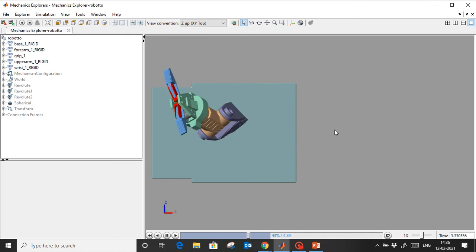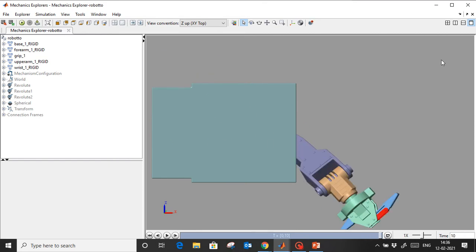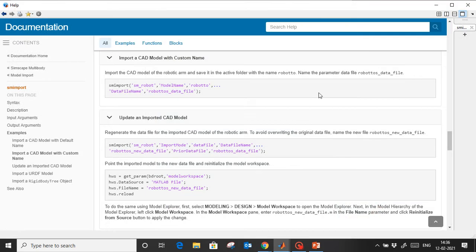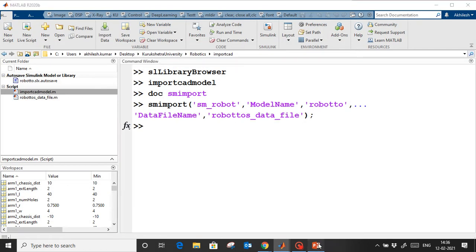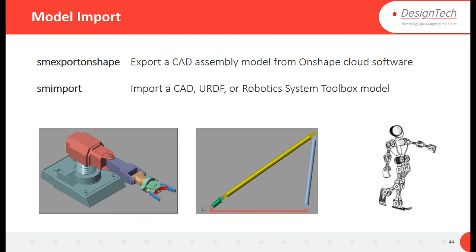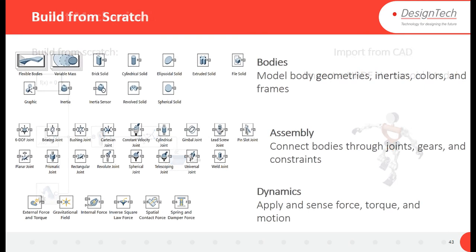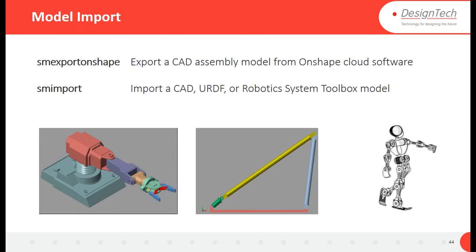Now you see that this robot arm is uncontrolled. So once we import it in Simulink, we can design some kind of controller to control this arm, right? And we saw how to design a controller there, right? Okay, this was about the robot mechanics. Either you can import from a CAD model or you can build from scratch. Fine. Next,